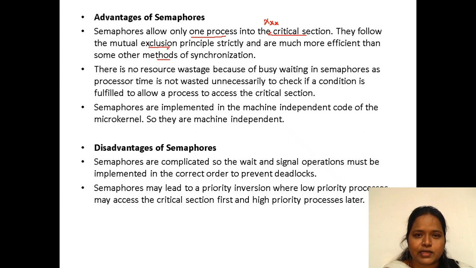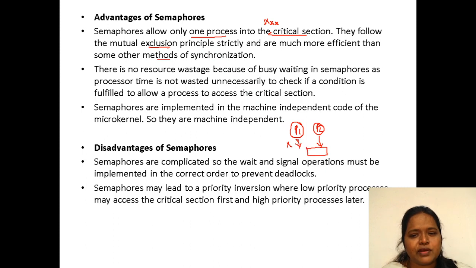Progress means, if P1 and P2 are there, and P1 is not willing to enter into the critical section and P2 is willing to enter, but P1 is not allowing P2 to enter into the critical section, that is the progress condition. This should not be entertained in order to satisfy the critical section problem.